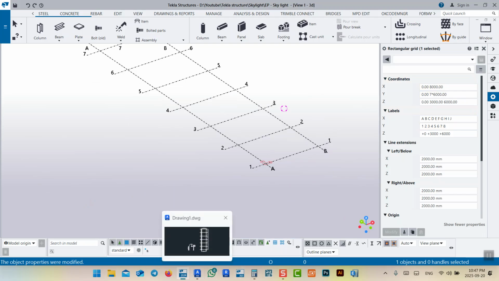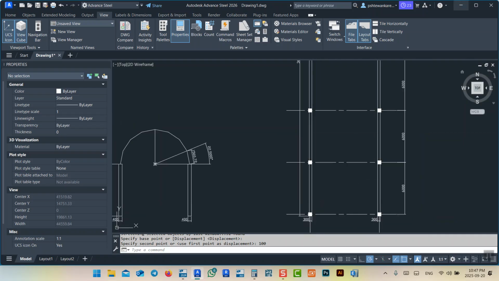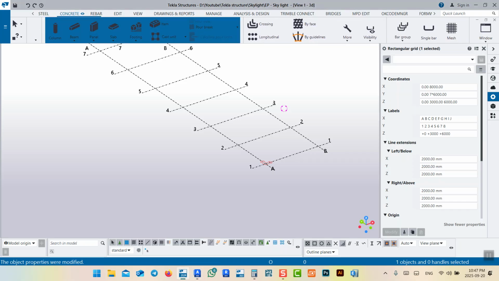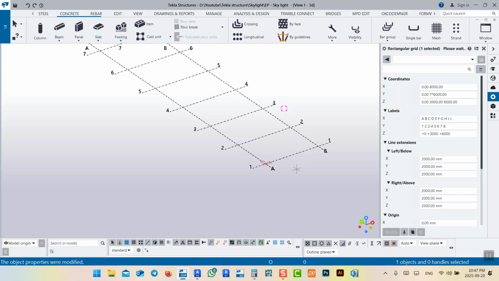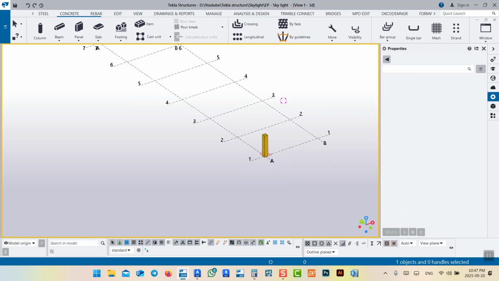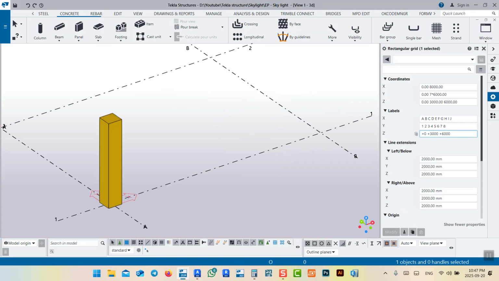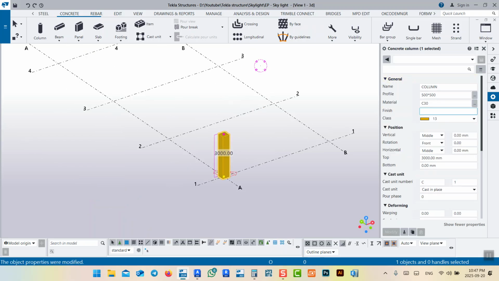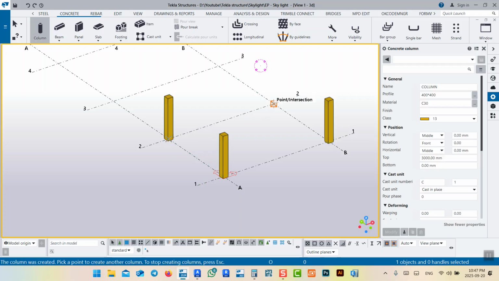Anyhow, after that, what I have are columns. So I want to make some concrete columns, just like this. Maybe here. Also, I can specify the height of this one, and I don't have anything on it. I have only 6 meters in height, just like this. And this one I'll change the dimension to 400 by 400 because I have columns 400 by 400, and I will make all the columns that I have